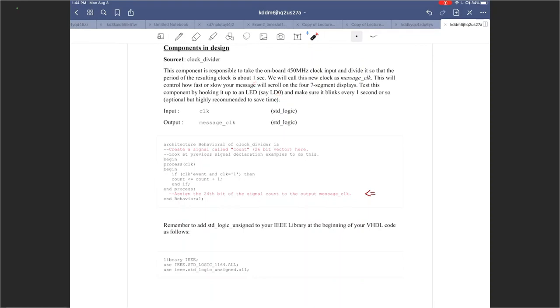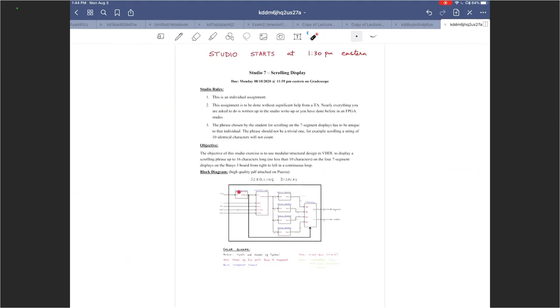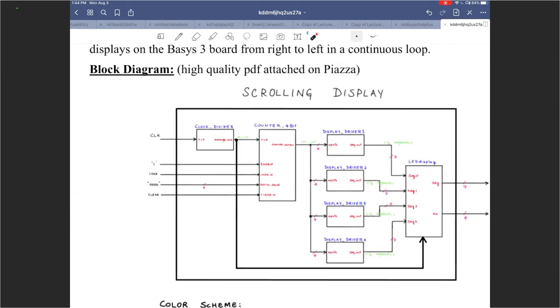So as soon as you design it, I highly recommend you test that particular component out. Also read through this regarding the libraries that you need to add to your VHDL code at the beginning, if they are not already present. So that's the clock divider, right? So slow down the onboard clock. So that's step number 1, using the clock divider. The next